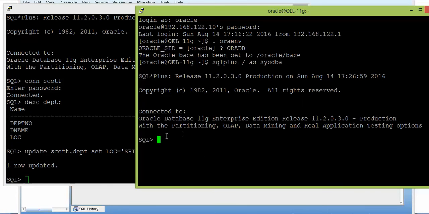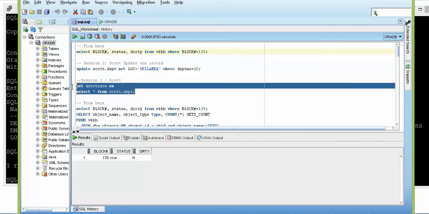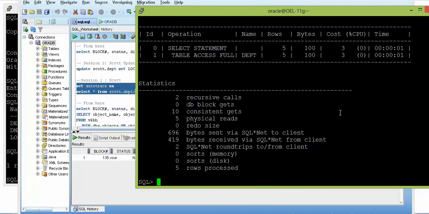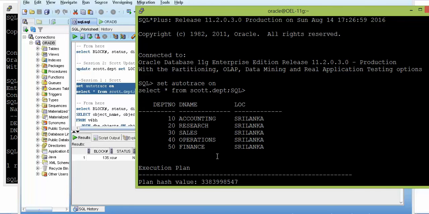Now I will try to read the data block from this place. Let me see how I am able to read it. Now if I read it, what happens? Wow. As you can see, there are physical reads. This is the first thing that you have to remember until we complete this blog. And there are 10 consistent gets. I can see the data here.